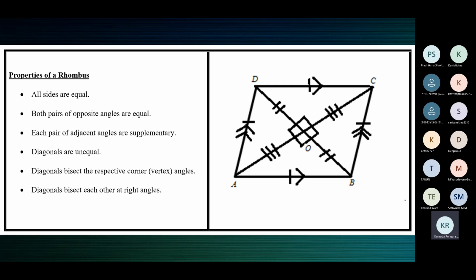In a parallelogram, diagonals are unequal. If you prove that the diagonals are equal, then the parallelogram is a rectangle. You can remember it like that: in a parallelogram, opposite sides are equal, and in a rectangle also opposite sides are equal. Similarly, in a rhombus, diagonals are unequal. If in a rhombus you prove that diagonals are equal, it is a rhombus, but furthermore, you can call it a square. Further, you can give a special name, square.